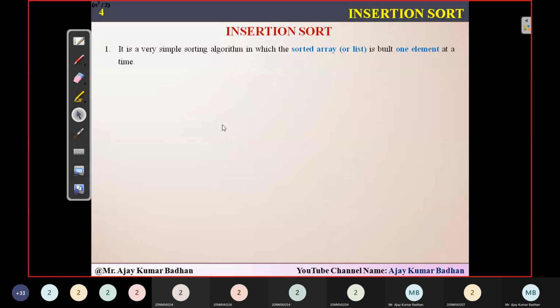Coming to insertion sort, this is also one of the sorting techniques we have. This is a simple sorting technique because the logic we are going to use is very simple. It sorts the array in a systematic way, in which it sorts the elements one element at a time. What do we mean by one element at a time? Suppose we have